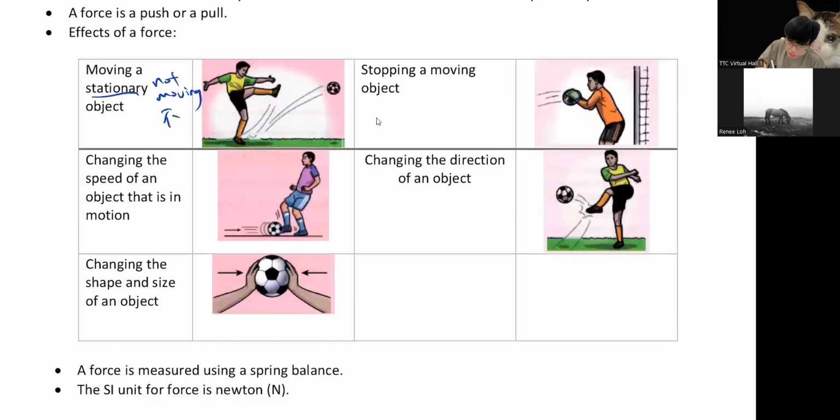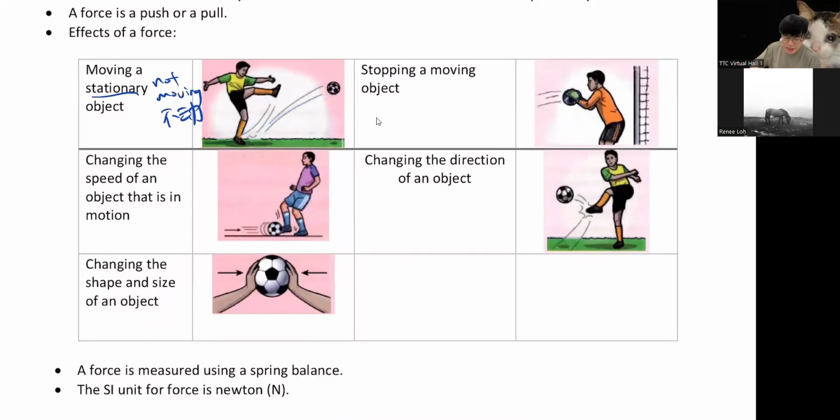Okay, 好，就是不动的意思。So if something is not moving, they are stationary. So they can move a stationary object. Or the opposite, they can stop a moving object. You see, this is opposite. Okay, so let's say a ball is not moving, force can move it. Force 可以弄那个球 move. And then if a ball is moving, they can stop a ball.